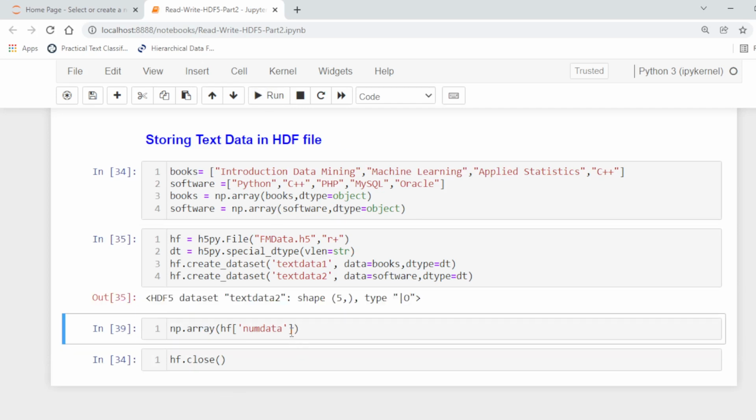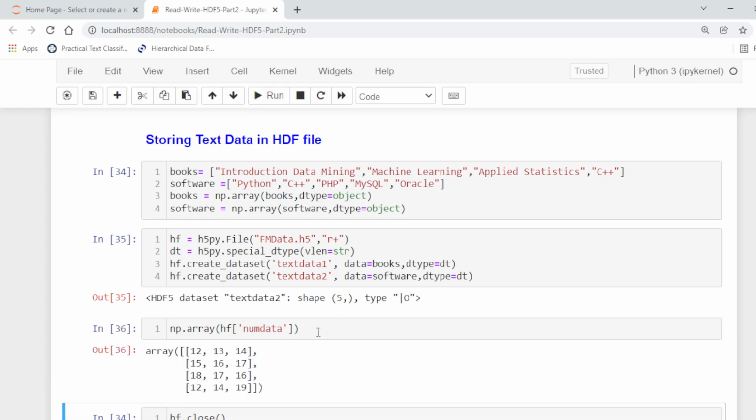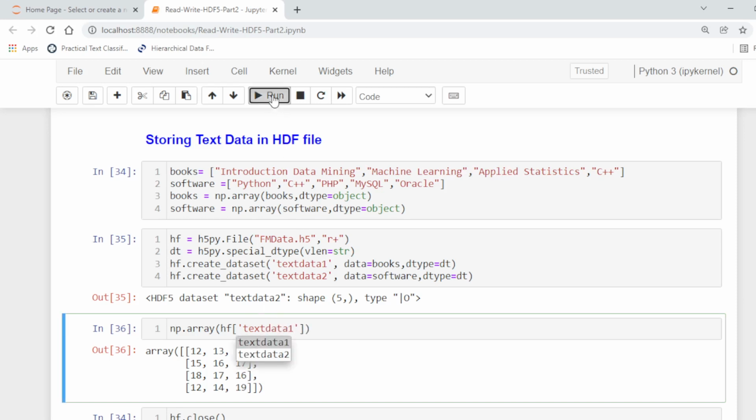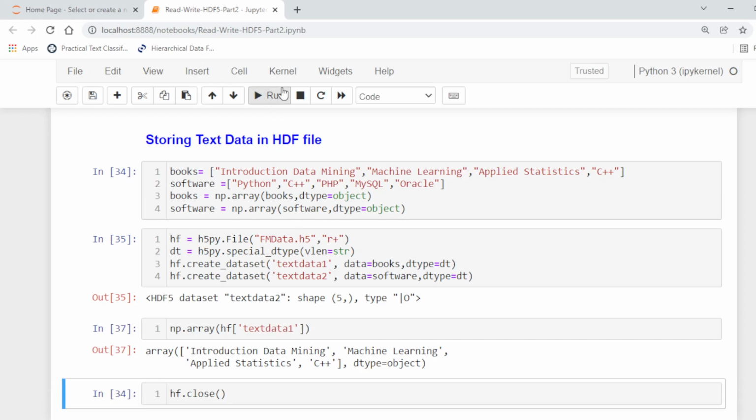Now we can display, for example, the numerical data, so we can use the num data set name. If we change this to, for example, text data 1, it will display that data set and retrieve only that.